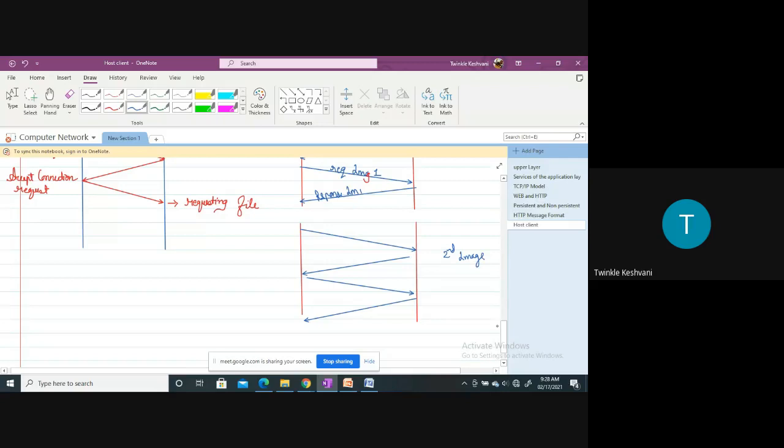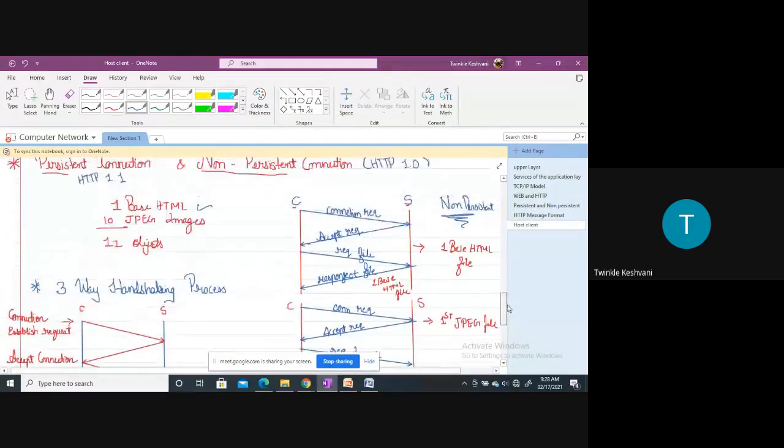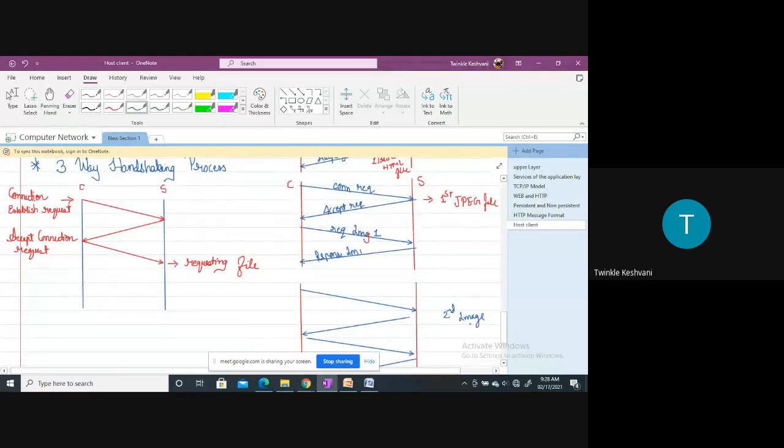This was for the first JPEG file or first image. This is for one base HTML, that is base HTML file, first image, second image, right? So the same process we need to do for all the JPEG images which are remaining, right?